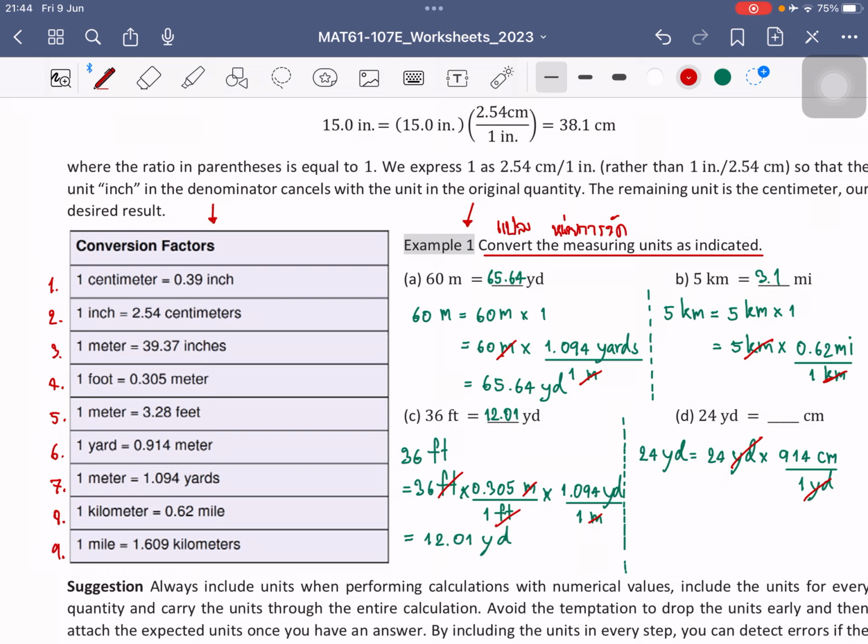Oh no, this is here. Okay, I understand. This should equal to this one, equal times